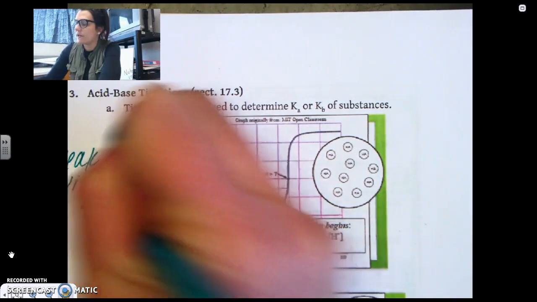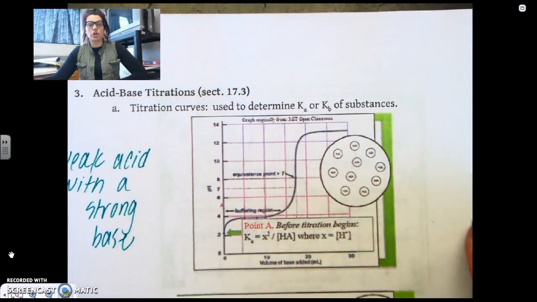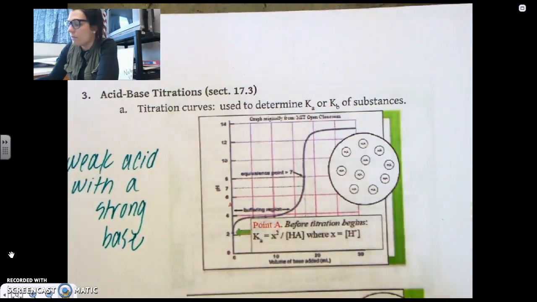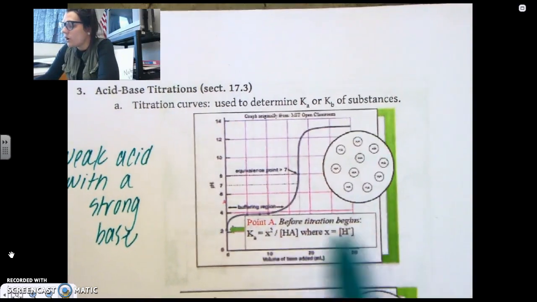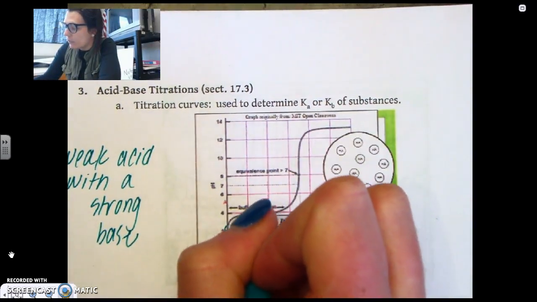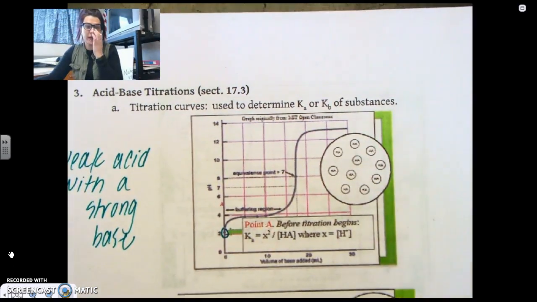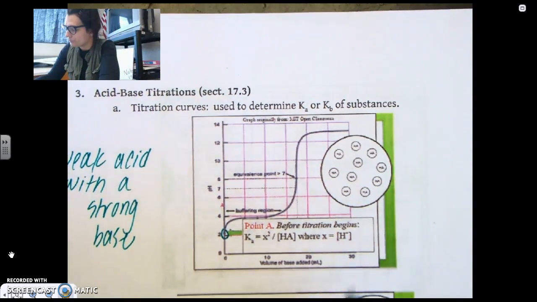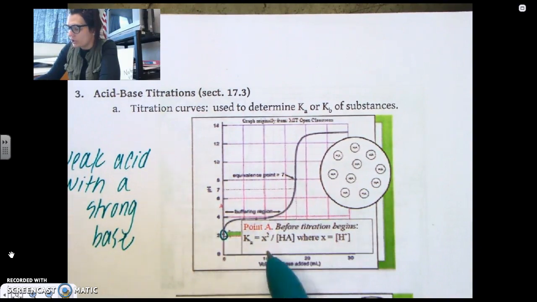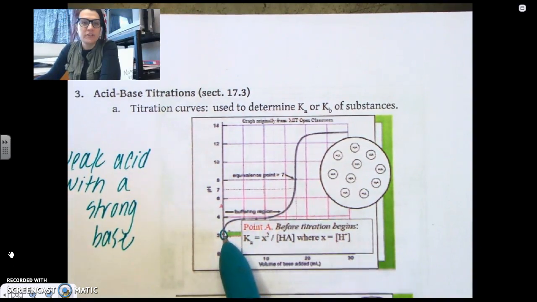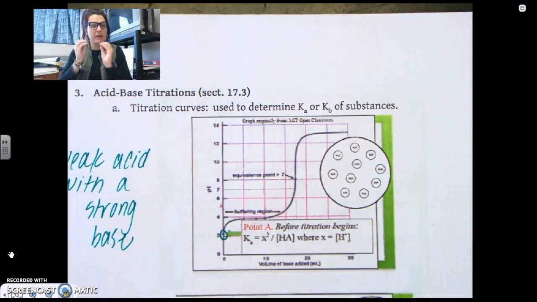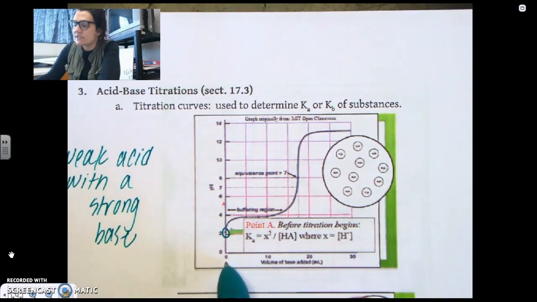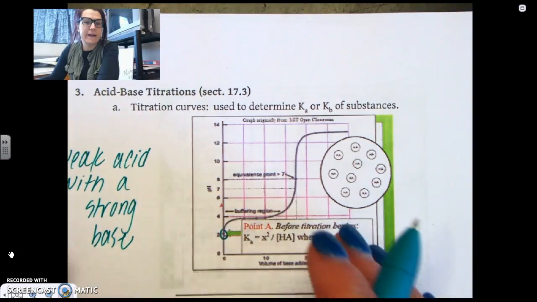Okay, so let's identify a couple of things here. So this is at the start of the titration. Before the titration even begins, we are down here at point A of our graph, okay? So a few things let's notice. We have a starting pH. Our pH is 2, which makes sense because we have an acid, so we would expect it to be lower than 7. And we're on the 0 line because this is where we're going to be adding the base